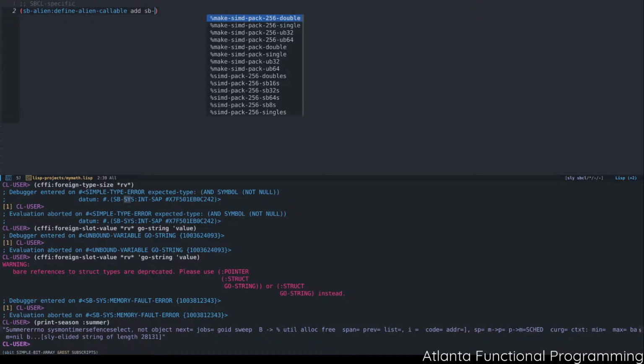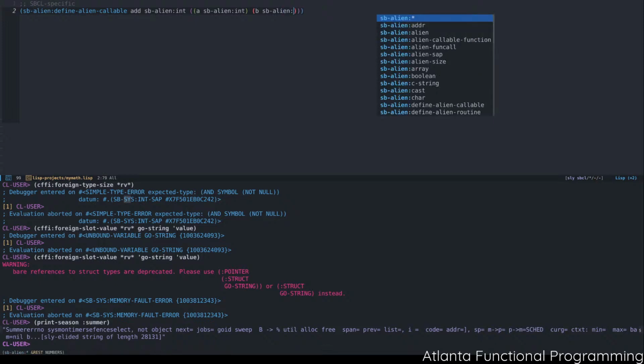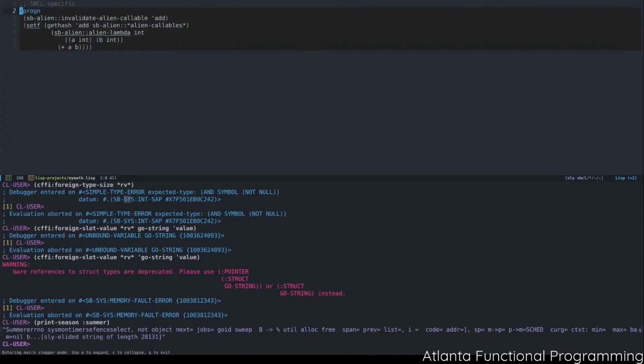The result type is normally an SB-Alien exported type. I don't think you can use anything else beyond that. The typed lambda list is the same thing. You can go ahead and do the same stuff. Notice I am using the exported symbol, the package name prefix before the exported type. You don't necessarily need to do it this way, I just tend to like to know where my types are coming from. And then you can just go ahead and write your standard Lisp code as is. All right, this is all probably fairly straightforward stuff for folks who are watching. One thing to know is that when you do a